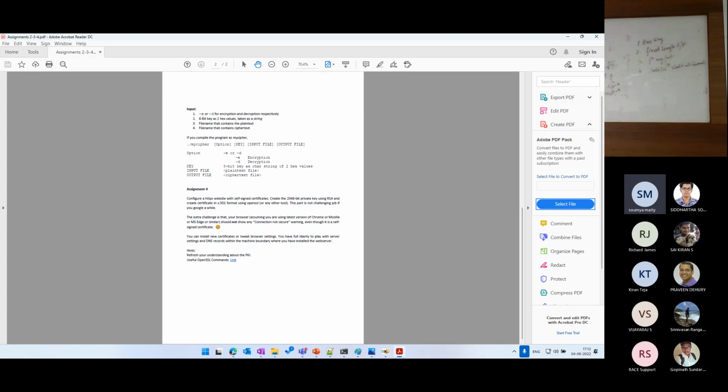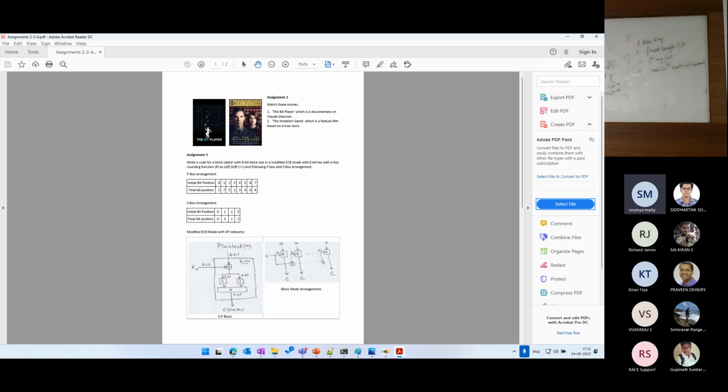Now I should create the assignment link. What will be the assignment? Movie. There are three assignments. Yes, if you create all four assignments now only, yeah, create all the four. The last assignment will be submitted to